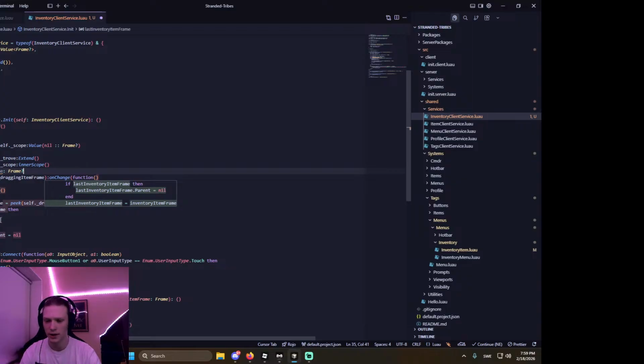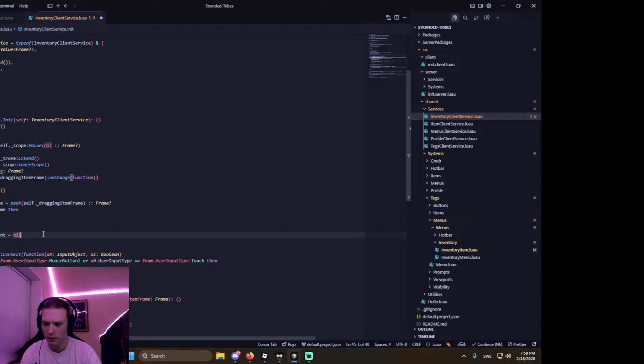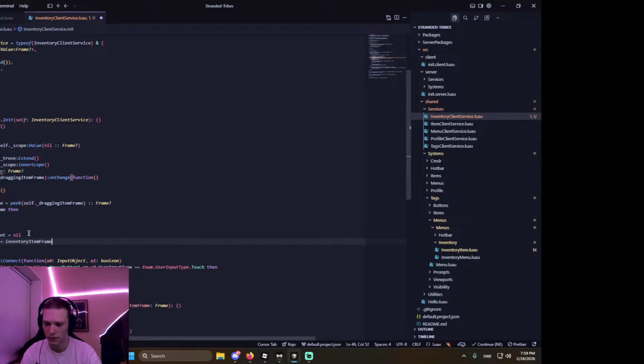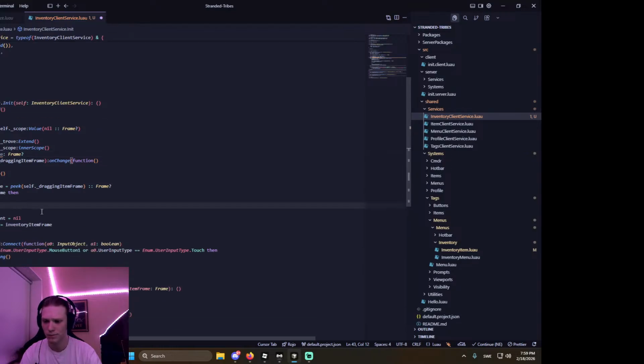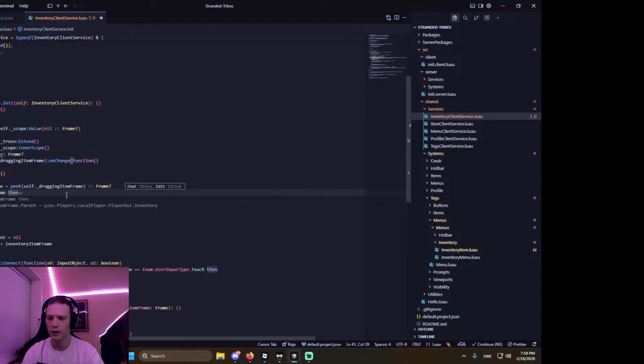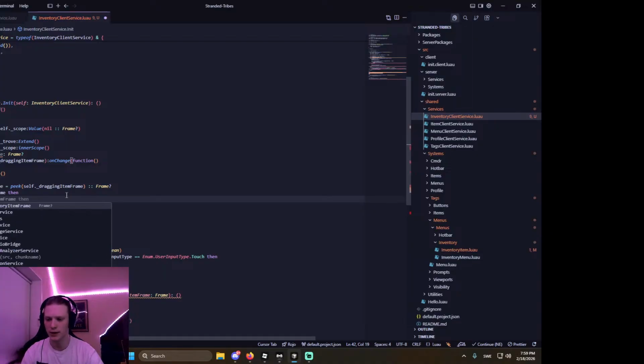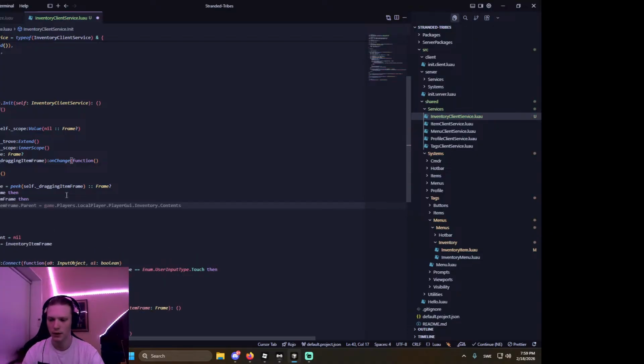And we're going to set that at the end here. And then we're going to say if last inventory frame, then we're going to do last inventory frame dot parent